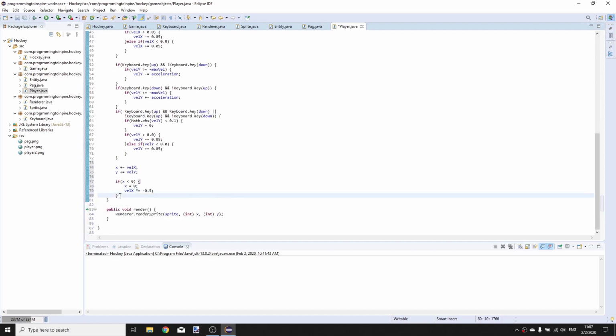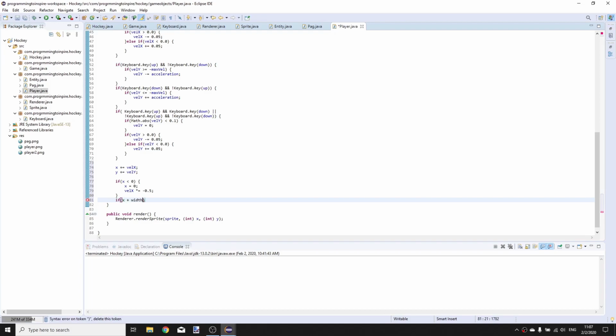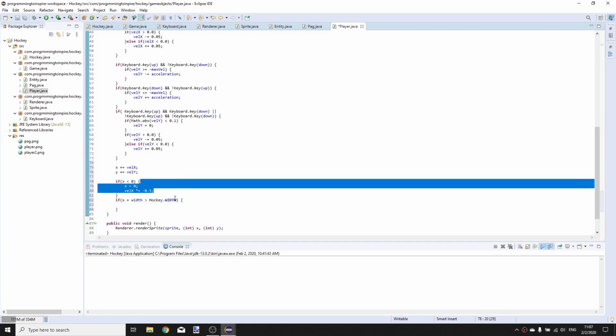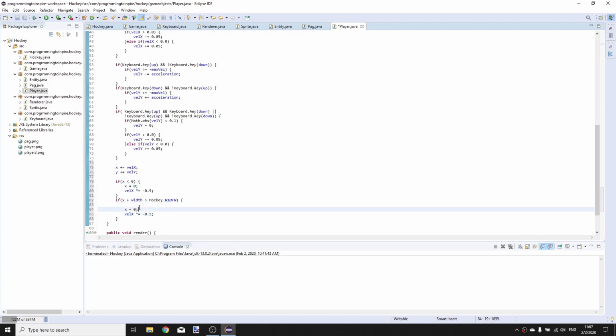So we lose some speed when we bump on the wall, and do the same with if x plus width is greater than hockey dot width. Do the same, but set x to hockey dot width minus width,